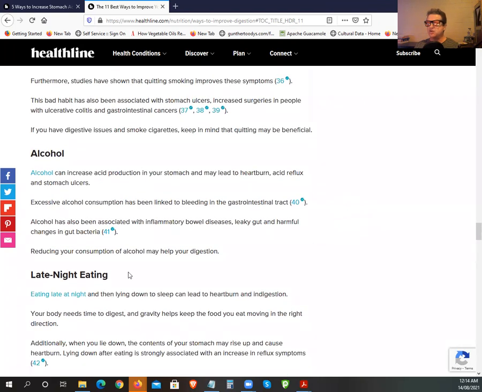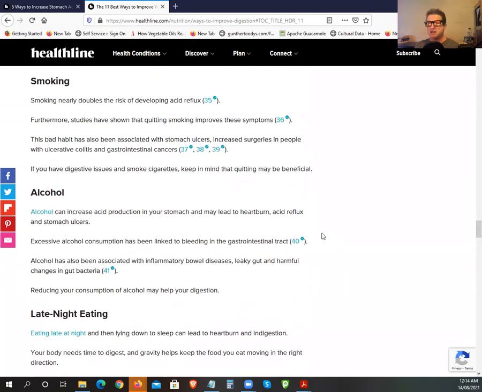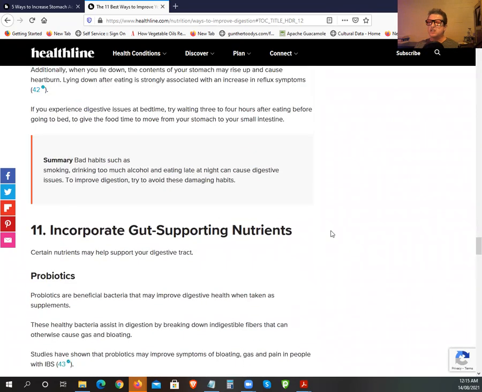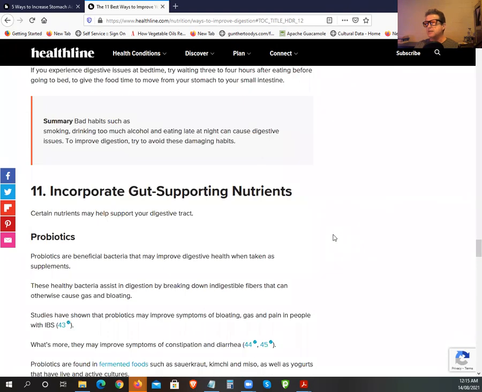Eating outside your circadian rhythms is a good thing to avoid. Alcohol and smoking, definitely not good for your health. But I don't think they're going to really improve your digestive system. There are plenty of people that smoke and drink and don't have digestive problems. So I don't think that's causing the problem. That may exacerbate problems, but it's not causing it. There's a bit of a difference in that. Unless you're excessively an alcoholic and eating crap, yes.